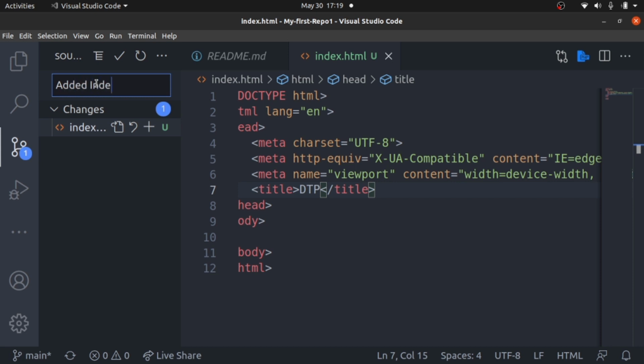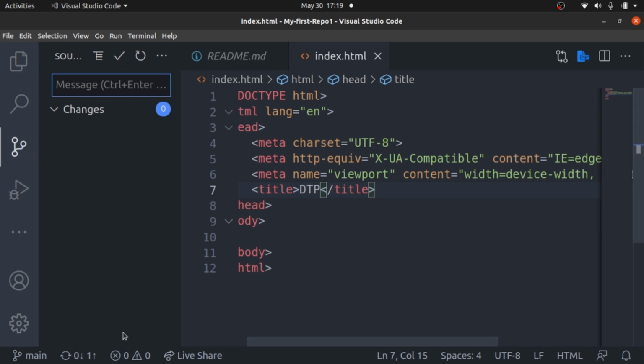So this message helps you to keep track of your project, how you've done. Then from here you take commit. As you can see, it has been committed locally, but it has not yet been pushed. The one commit you've done has not yet been pushed to the main origin on GitHub. So for you to push, you click this and it's loading.